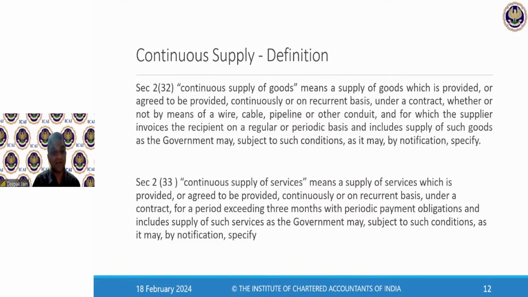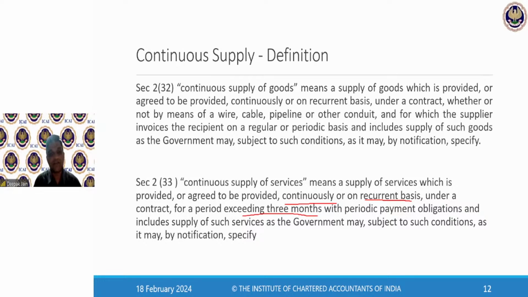In case of services, continuous supply of service means a supply of services which is provided or agreed to be provided continuously or on a recurrent basis under a contract. Again, the contract could mean an oral or verbal contract, for a period exceeding 3 months. So in case of goods, there is no timeline, but in case of services, it is a continuous supply for more than 3 months with periodic payment obligations, and includes supply of such service as the government may specify. So if the government is specifying something, then it will be there. But generally,